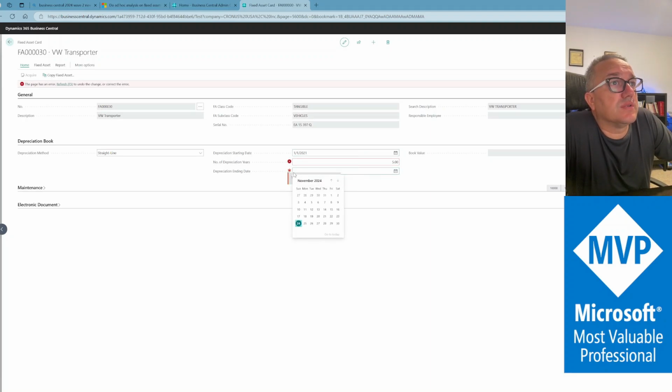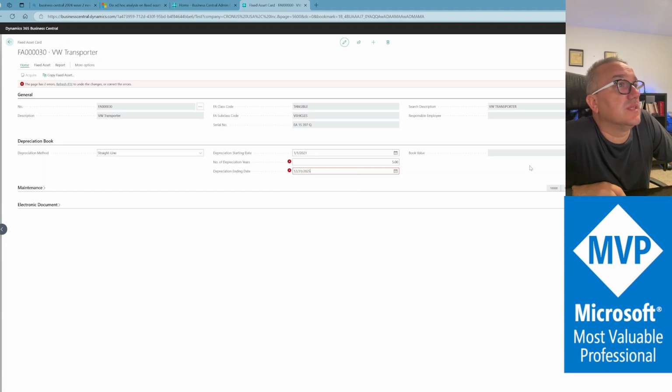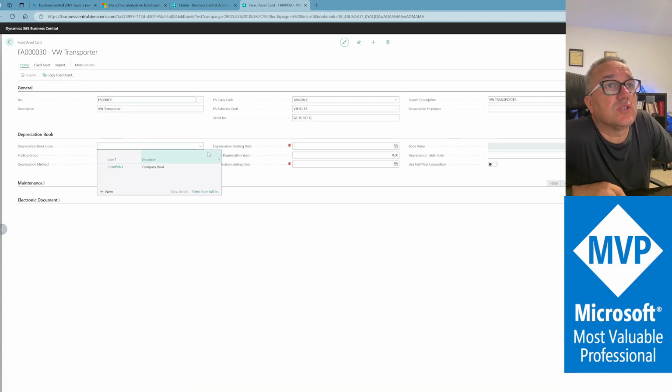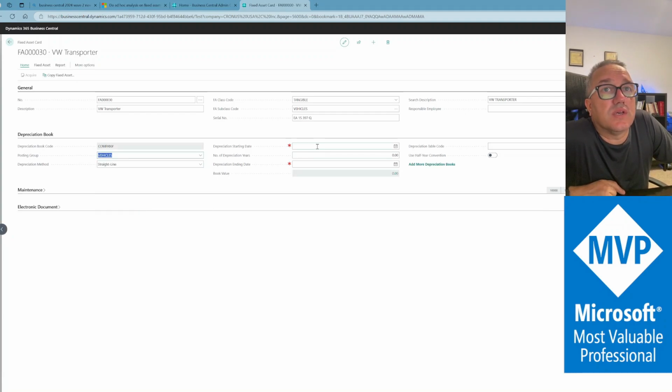And the error here is, yeah, we still need to put the value here, 12/31/2025. The depreciation book does not exist. Okay, let's refresh that, and yes, the depreciation book does not exist. Let's pick up the only one that's available, and we're going to take vehicles as a posting group,